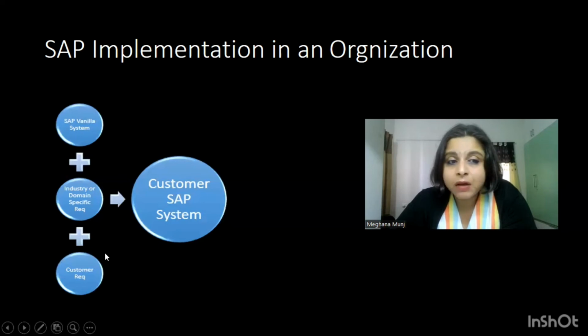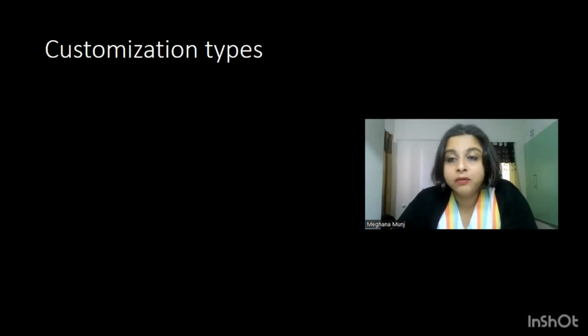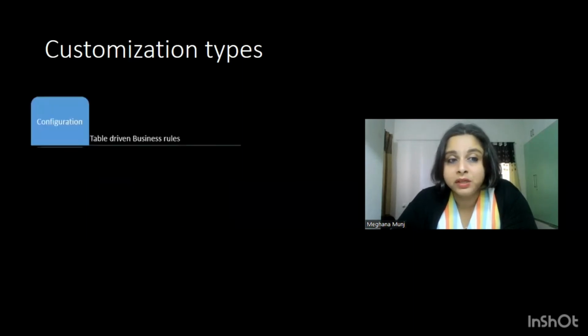And once all these things are brought together, it forms your customer SAP or ERP system, which is implemented in your organization. Now let us understand what are the various customization types or customer requirements which you can accommodate in SAP. Now the first one is configuration, which is table driven rules. So as we discussed,